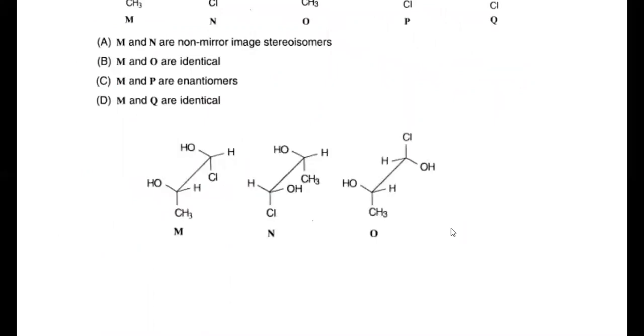Just have a look at this carbon. You can see the configuration with respect to different valencies. So I can say that this is priority number 1, this is oxygen, and this one will be priority number 2, because carbon with fluorine. This is priority number 3. So moving from priority 1 to 2 towards 3 is this sense of rotation.